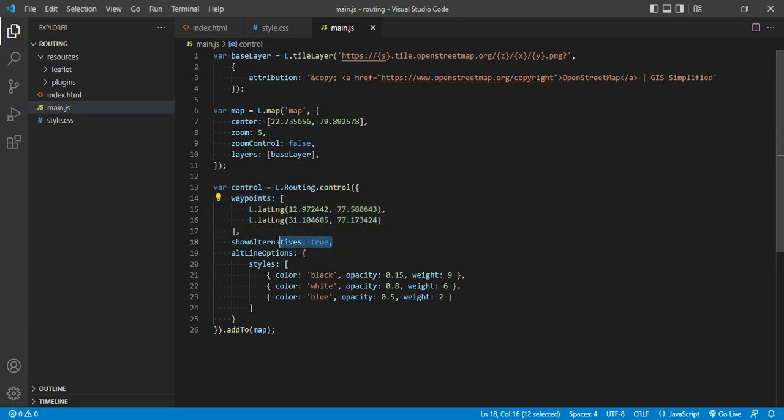Second, I want the system to show alternative routes, so I am providing the input as true, and if it is showing alternative routes, by default it will show them in red color only, which will match the primary route, but I want the alternative route to be shown in a different color, so I am giving that style option. So I want it to be shown in blue with a white background and black outline. So this is the style for the alternate route, and now I am adding this control to the map. So let me save this, and when we go to the application,